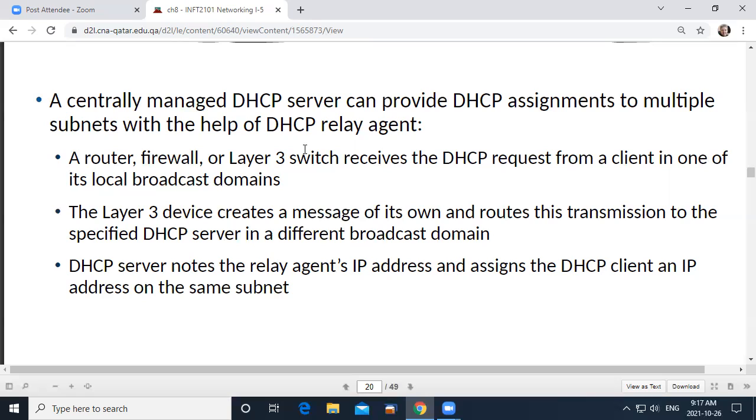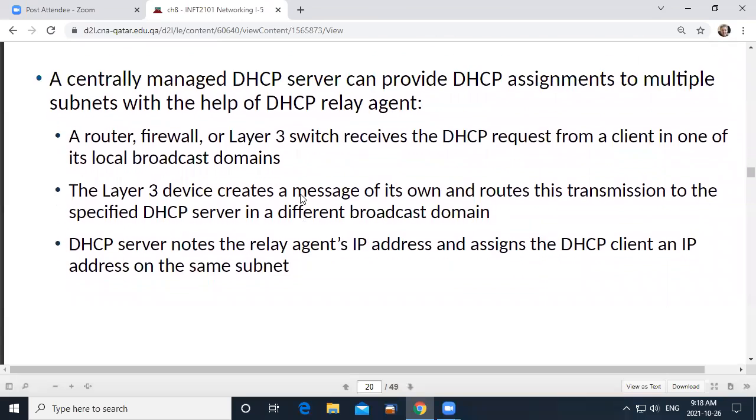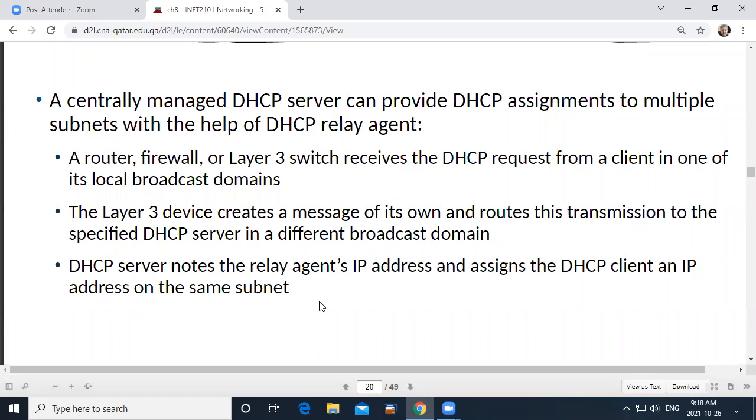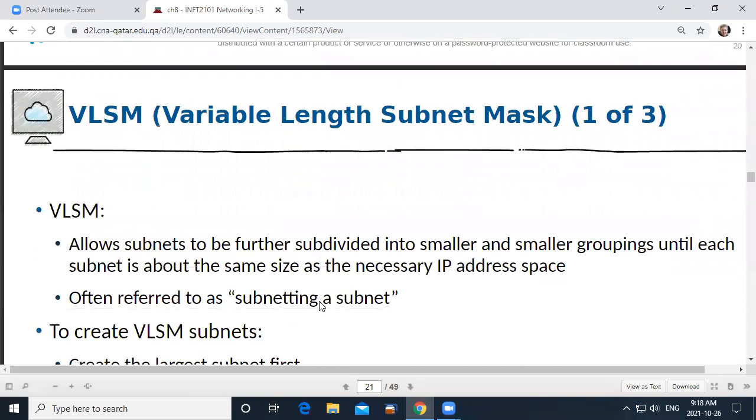So the idea is you can have a layer 3 switch or a router using this technology so that you can manage your DHCP assignments even though you've subnetted your network. You can have a relay agent that makes that possible.